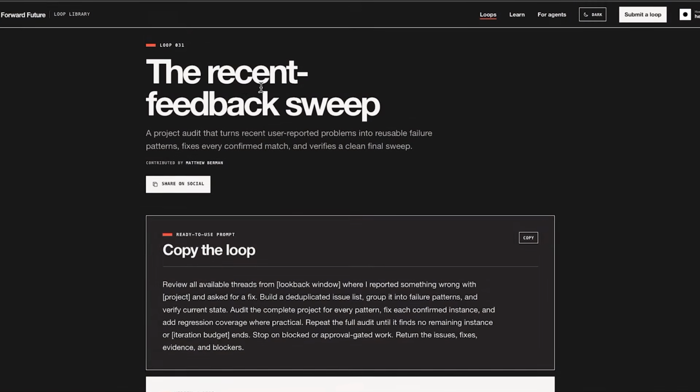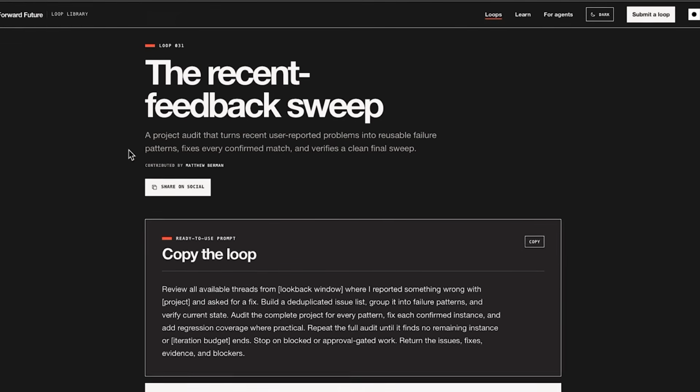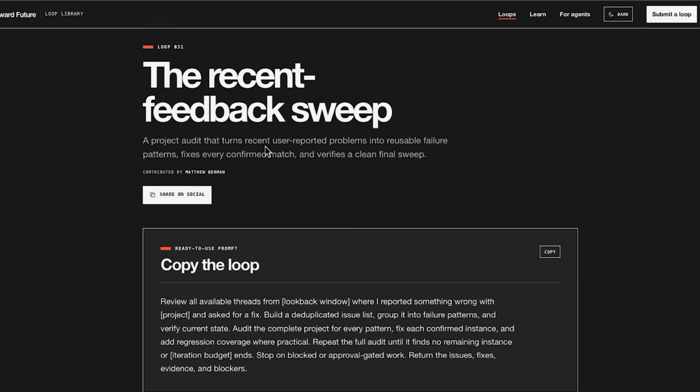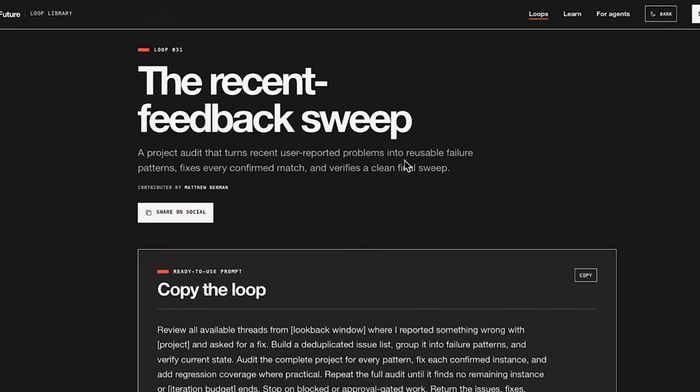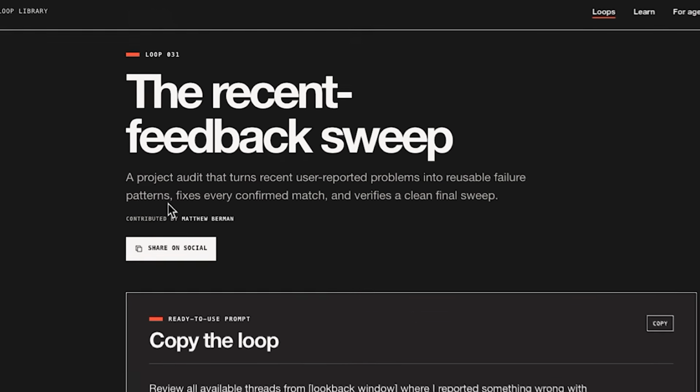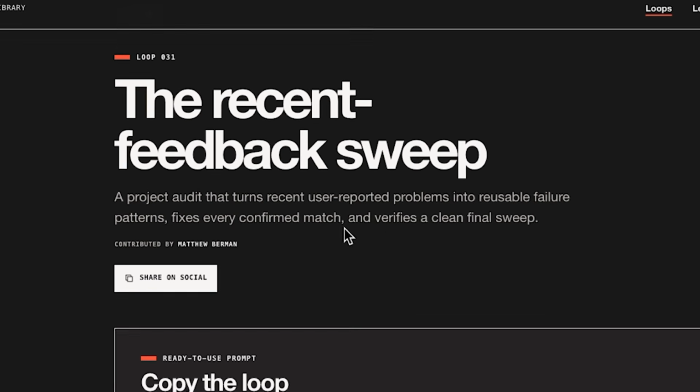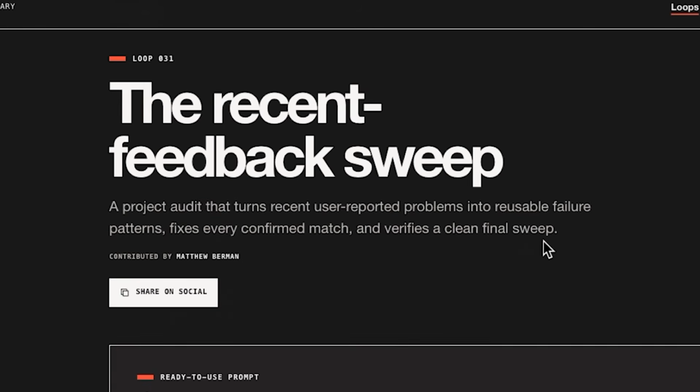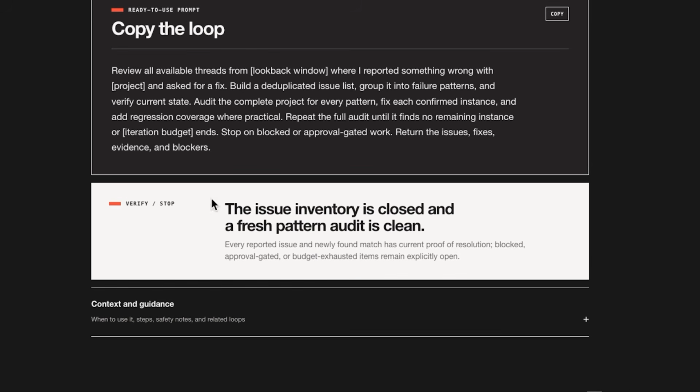Loop number 31, the recent feedback sweep, a project audit that turns recent user-reported problems into reusable failure patterns, fixes every confirmed match, and verifies a clean final sweep. The verify stop is the issue inventory is closed and a fresh pattern audit is clean.